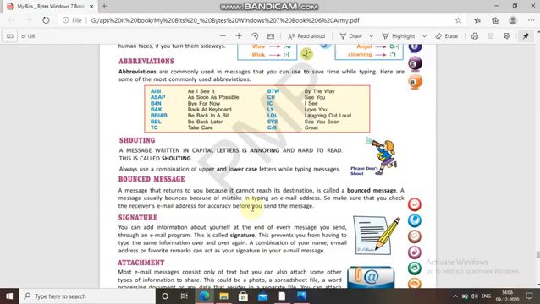Next one is the bounced message. A message that returns to you because it cannot reach its destination is called a bounced message.